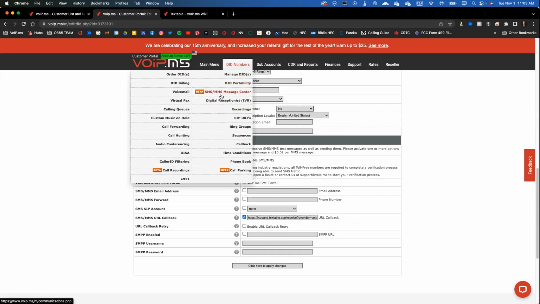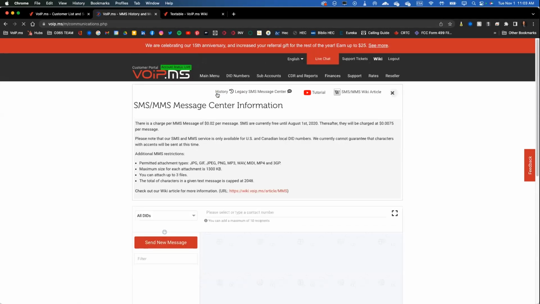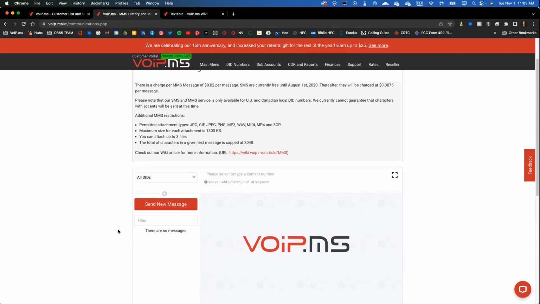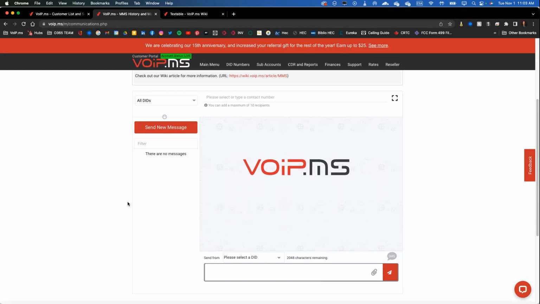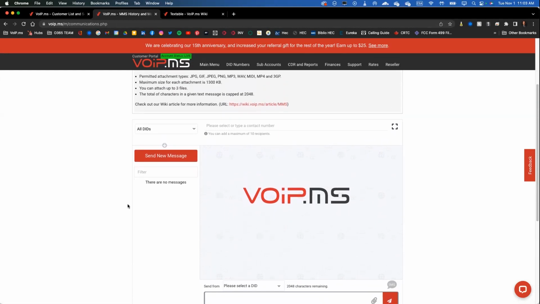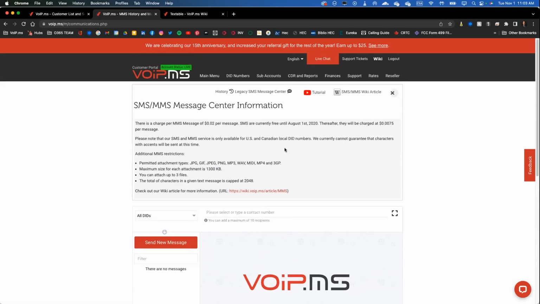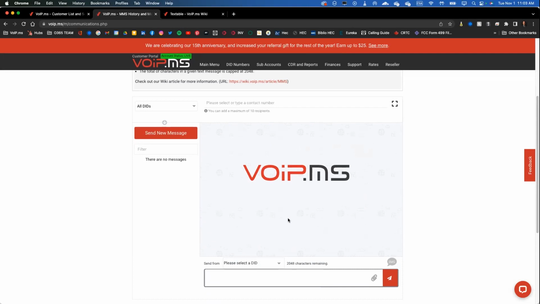We also have the ability to see the SMS here. As I mentioned earlier, VoIP.ms is a bring-your-own-solution provider. We have these tools also. They're not close to what Textable is offering, not at all. So you can see the numbers if you want to. I don't think I have any SMS there, but you will only see the messages. You will not have drip campaigns, canned answers, and so on.